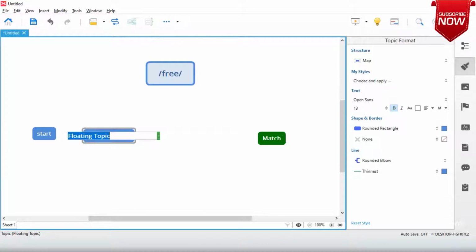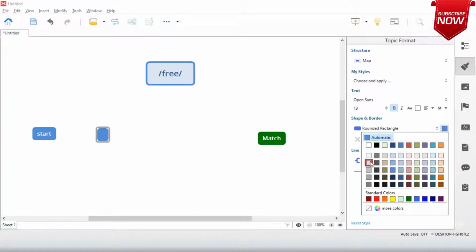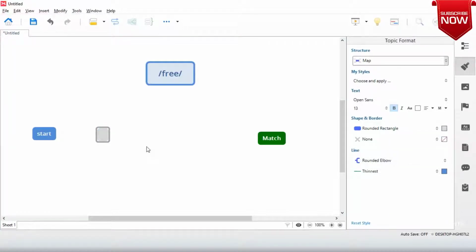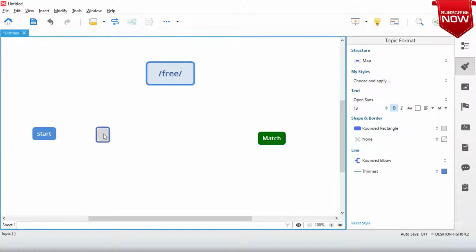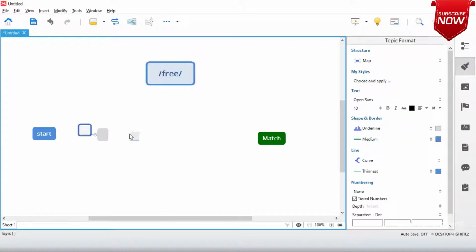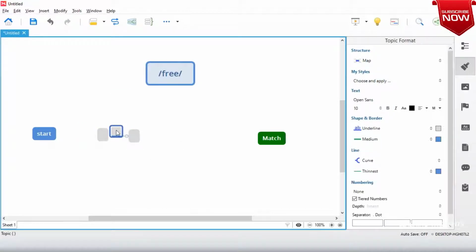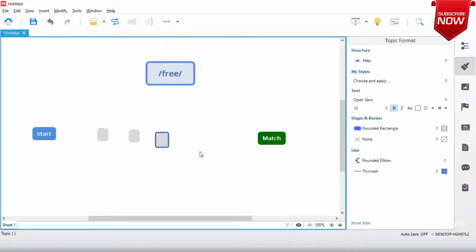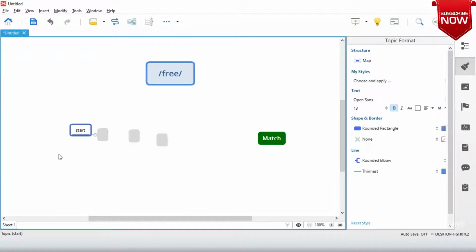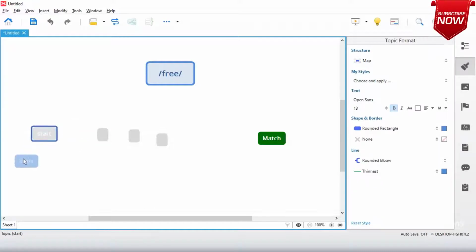Now, let me create one floating topic. For this floating topic, I'll just have this because these are transitions, and let me change the color of them to something like this. One, two, three. Now let me try to arrange all of them in a decent fashion.